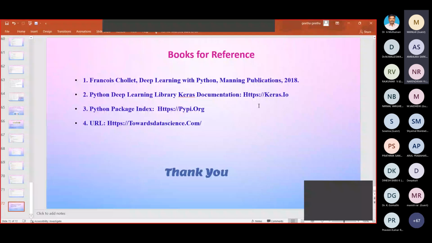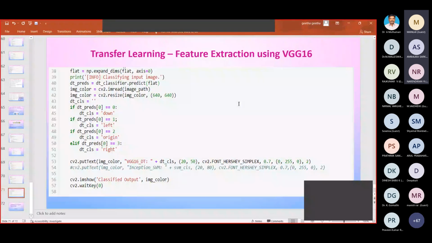So I have summarized the transfer learning concept here. There are three concepts: using the architecture and going for a similar data set, extracting the features and giving them to another network, and freezing some layers and keeping the remaining layers for retraining. I have taken the same example and shown it with only VGG16 without any transfer learning, with feature extraction, and with freezing. I have shown you the execution, the implementation.